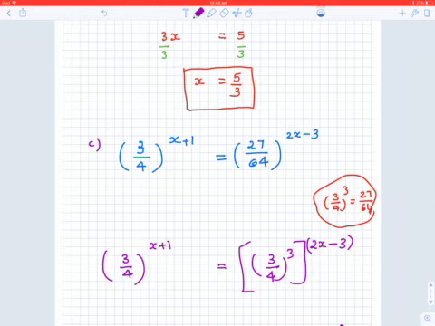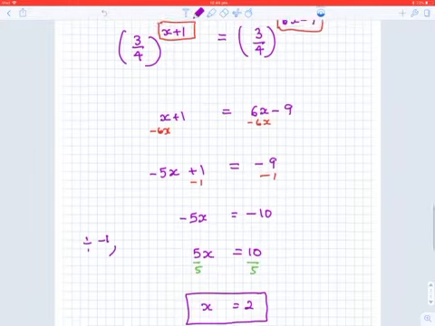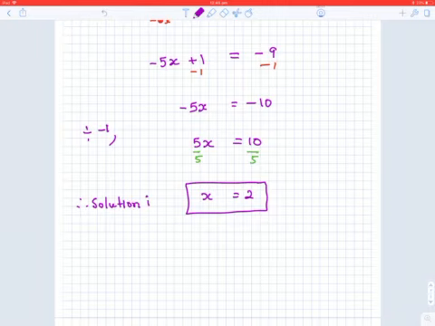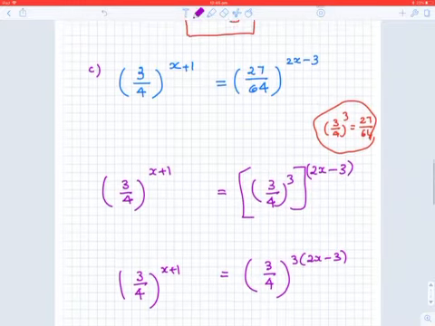So this is your answer for question C: 3/4 to the power x plus 1 equal to 27 over 64 to the power 2x minus 3. The solution is